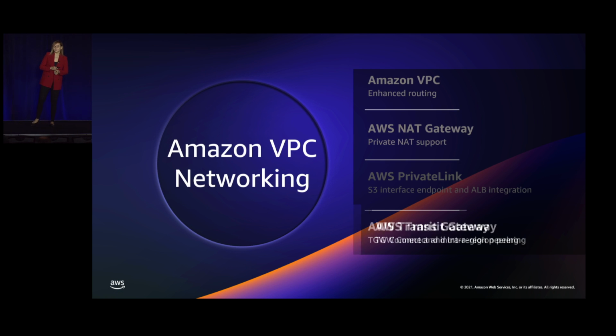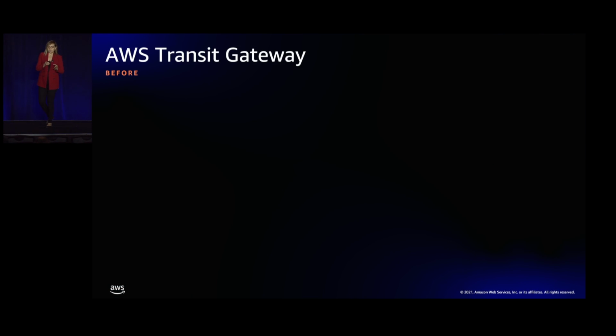Our last focus point is going to be Transit Gateway, and the two added functionalities that we've launched this year, Transit Gateway Connect and intra-region peering. But before that, let's look at what Transit Gateway gives us.